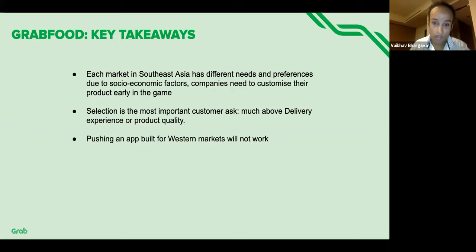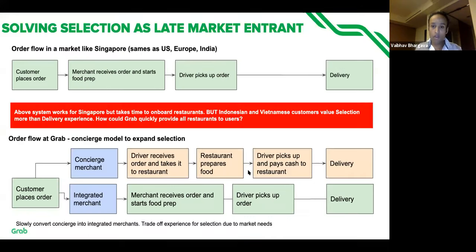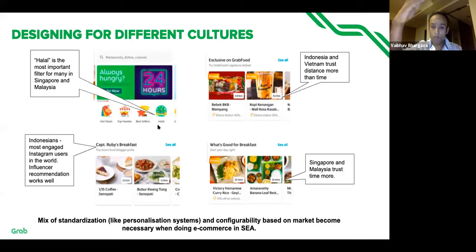I'll give you an example. I'll go back a few slides and give you an example. This one. You see this page on the app. This is actually the home page feed, as you browse. We used to get a lot of requests from markets. They said, hey, I want to show people trending food. I want to show people the exclusive selection of restaurants that I have. I want to show people more customized selection. So everybody from each market came up with something different. And what we ended up building was, and a colleague of mine who helped me build that is on this call,